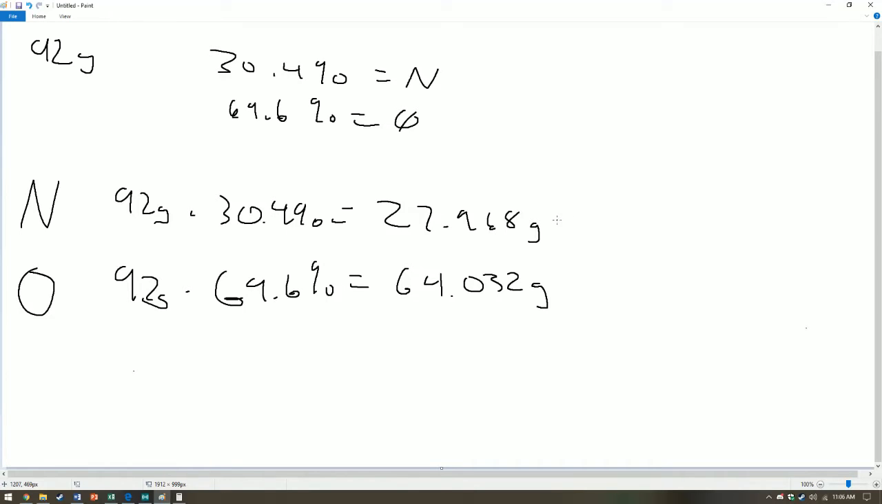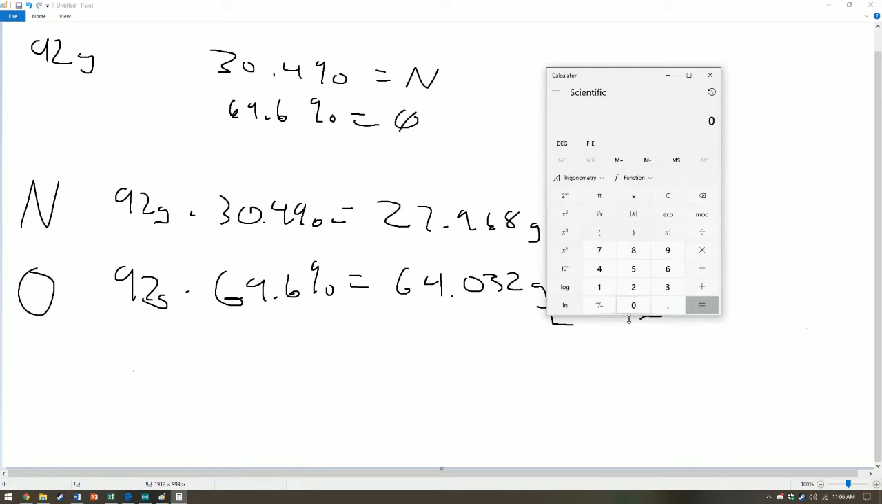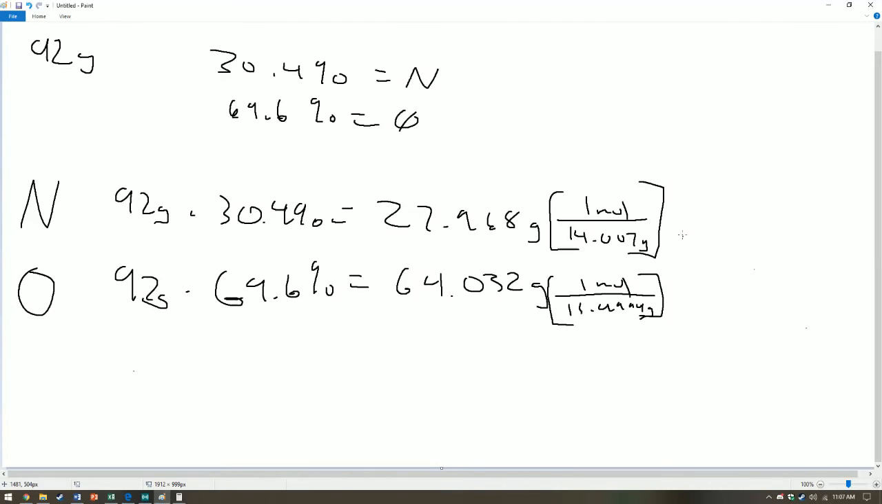Now I'm going to do a bit of mental math here. Now we convert to moles. Using our molar masses, I happen to know that the molar mass of nitrogen is 14.007 grams per 1 mole, and oxygen should be 15.9994 grams per mole. So let's do that: 27.968 over 14.007 yields